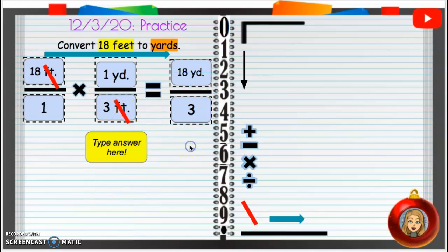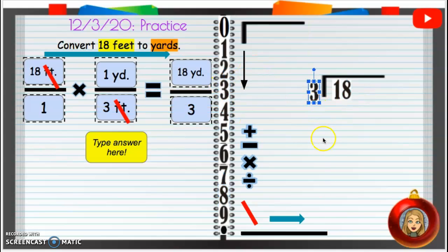Now, what is the problem here? That's not over 1, right? So we have 18 yards divided by 3, or 18 over 3. Remember, this fraction bar also means division. So what is 18 divided by 3? Well, if you don't know, which is okay, 18 divided by 3